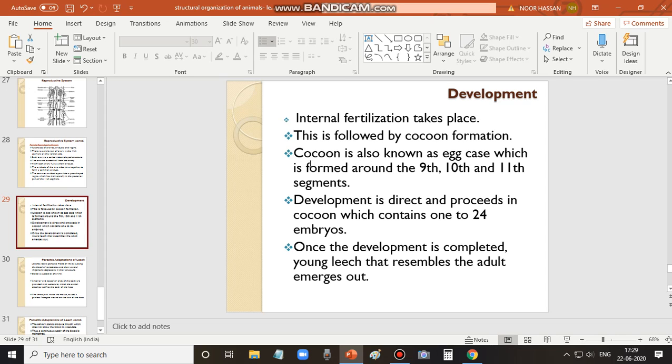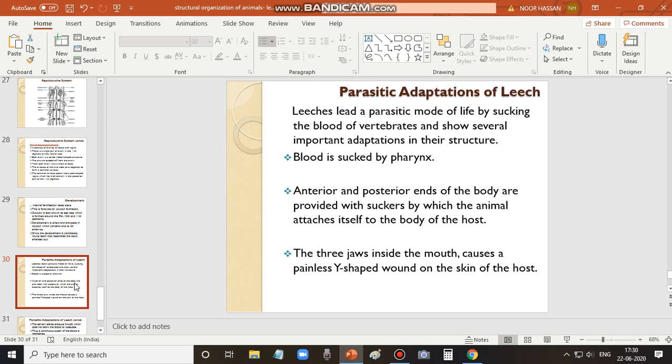Eggs are deposited into this cocoon, and the development of the young one also takes place inside the cocoon. Development is direct, that is, there are no larval stages. The young one is produced directly, and the whole development takes place inside this cocoon. Each cocoon contains 1 to 24 embryos. Once the development is complete, the young leech comes out, and it resembles the adult. So this is about development, and we shall move on to